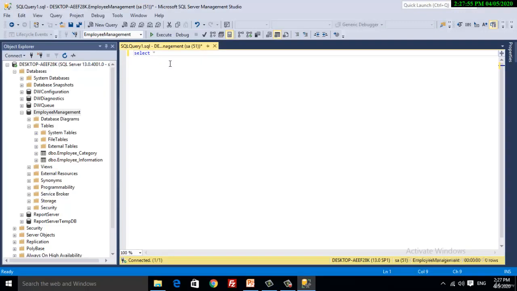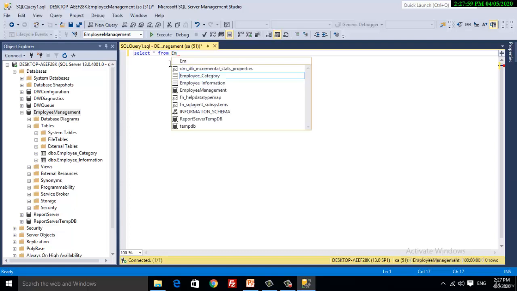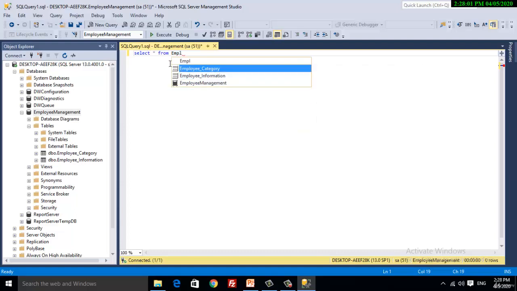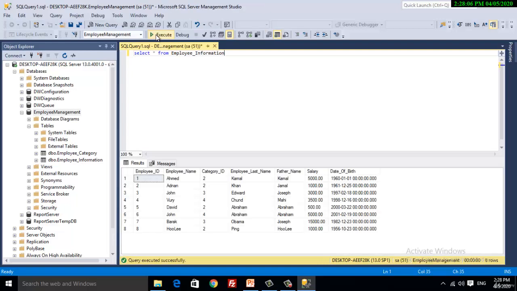Select. Now write a query for selecting the minimum value of a column.